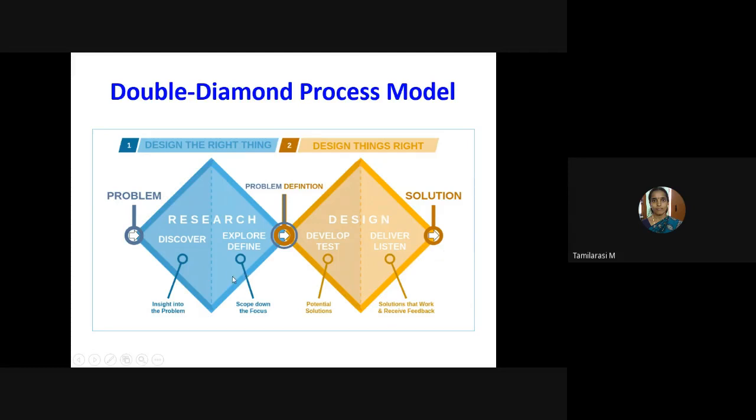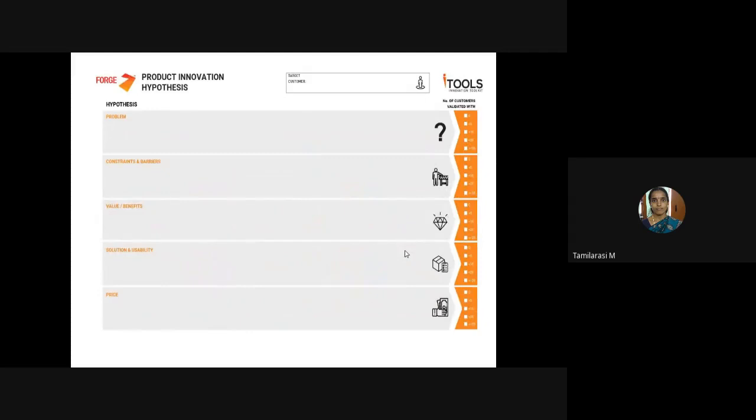Okay, so first you think about your problem, what exactly is the problem that you are going to solve, then find out the best solution. From all the possible solutions find out the best solution. So next thing is you have to know all these things about your problem. When you are getting into the development you have to know what exactly your problem is and what the constraints or the barriers are. What are the difficulties or what are the assumptions that have to be satisfied by your project, so that you have to know it.